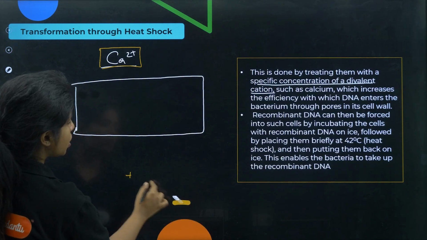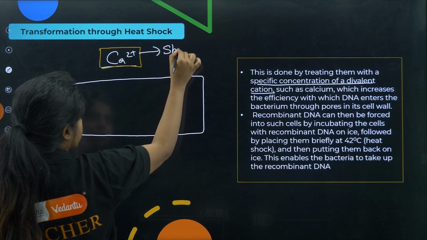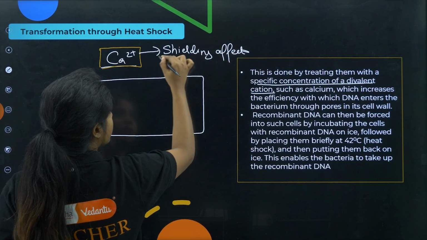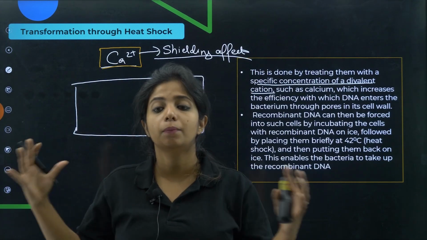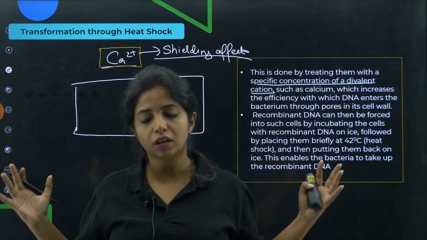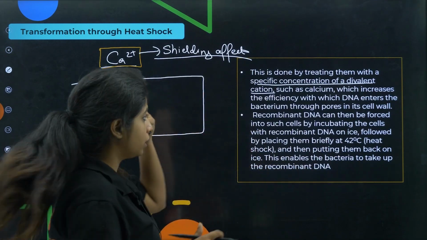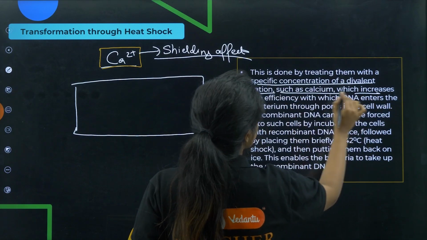So in your NCERT, it is not given entirely why you use divalent cations. I am telling you, it's for the shielding effect. Don't go very deep. Just understand that you do not want negative charges to come and repel, which is why you are providing a shielding effect to both DNA and the lipid bilayer. Fine. Now, over here, the cell is treated with a concentration of divalent cations such as calcium, which increases the